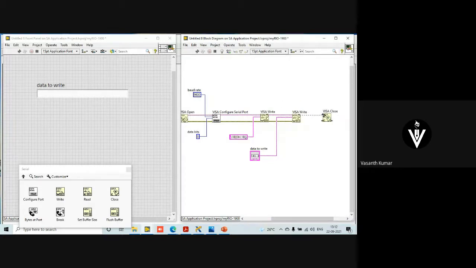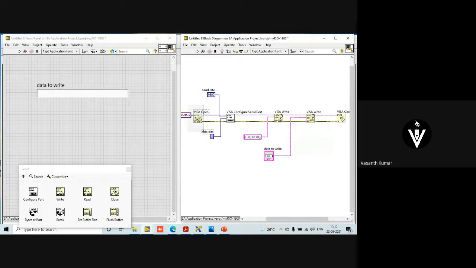So you can see it's a sequence of data we are writing. And you know that LabVIEW has a data flow model. First this executes and sends the memory here. Then this configures and sends the memory here. And this clears your screen, I mean the LCD screen, and sends the data. And this will take the data to write. After that, it sends here and this will close the memory.